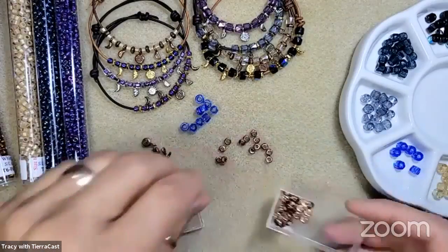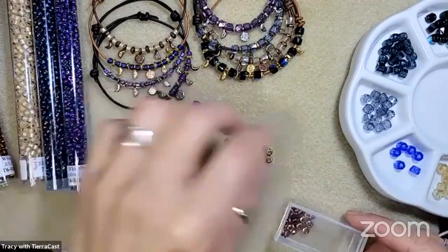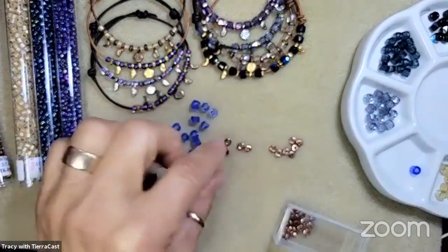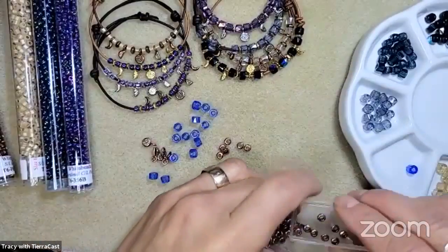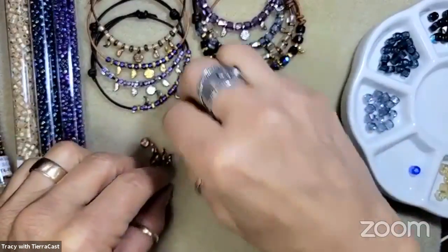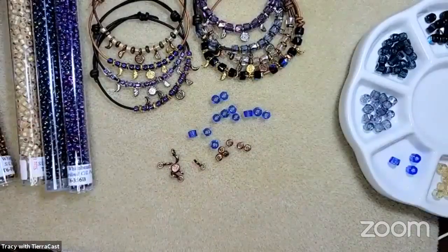And you only need, let's see, I need 12 of the pony beads. And I need just 6 of the large hole spacers. 3, 6, 9, 12. And then I need 1 of the little